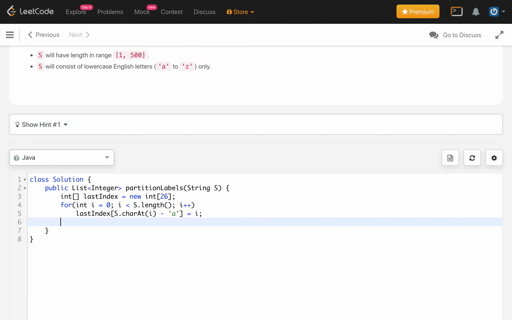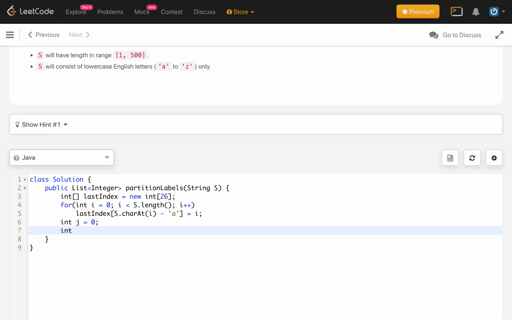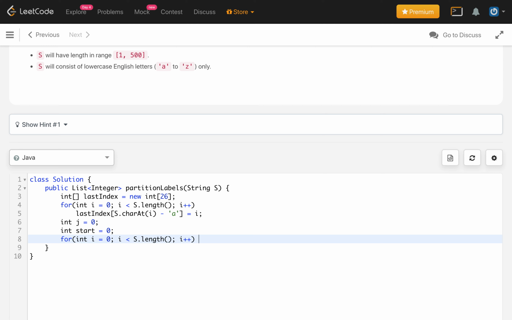Let's copy the loop again, and we will keep another variable j starting from 0, and another variable called start of partition, or just keep it start, that's fine, initially 0. Then take this loop.